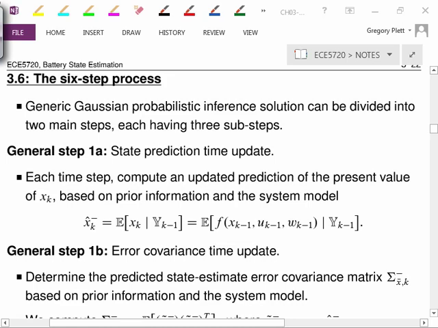In the previous section, we derived the generic Gaussian probabilistic inference solution, and that was probably fairly intense, and I went through it relatively quickly. What we're going to do now is take that solution and break it up into smaller pieces. We still will not get an algorithm out of it in the sense of something that I can immediately jump to code and write a program for, but